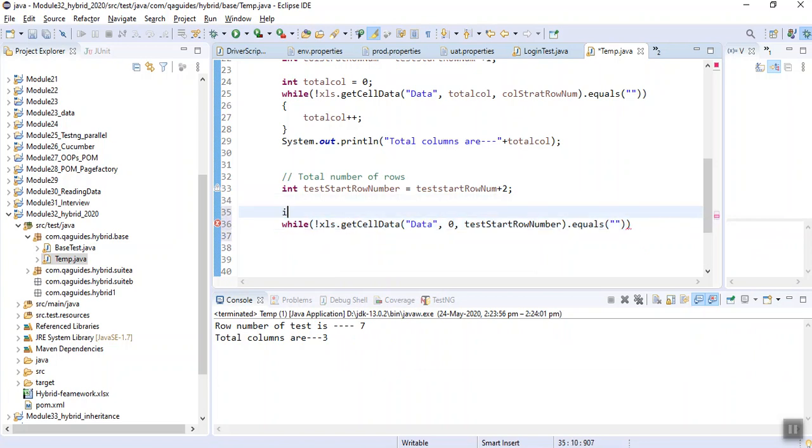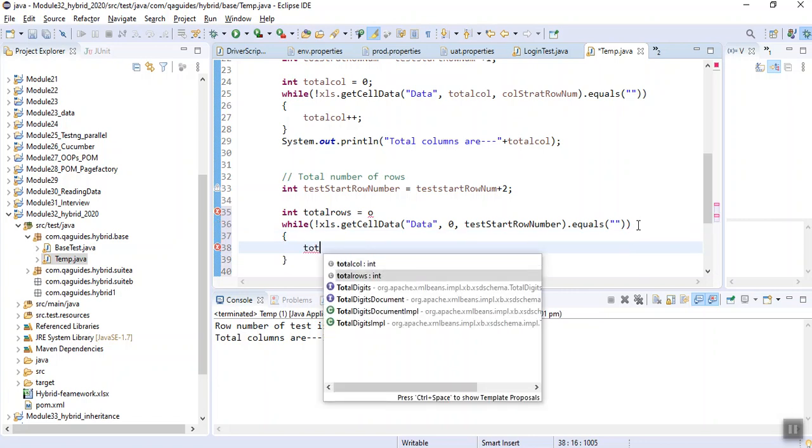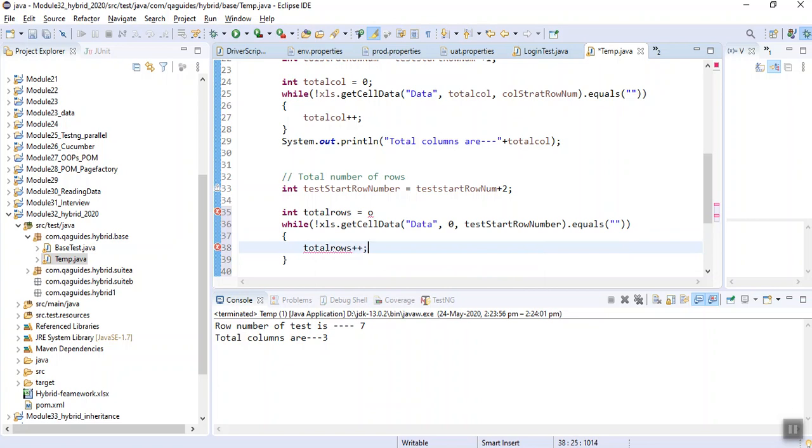Let's declare a variable int total rows is equal to 0. So total rows plus plus, it's 0.